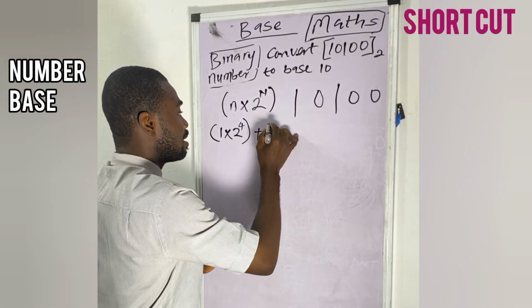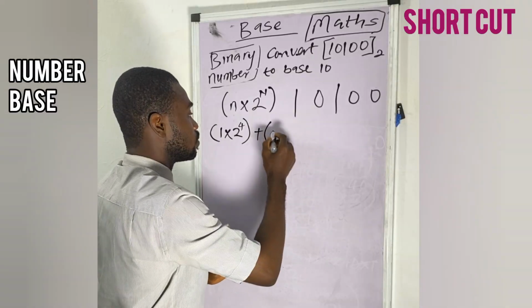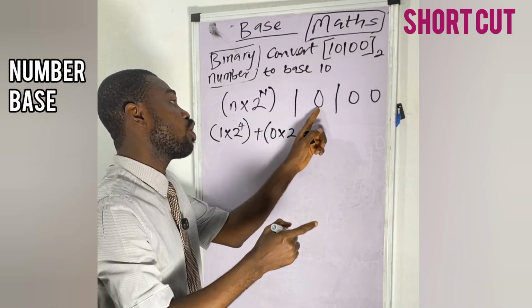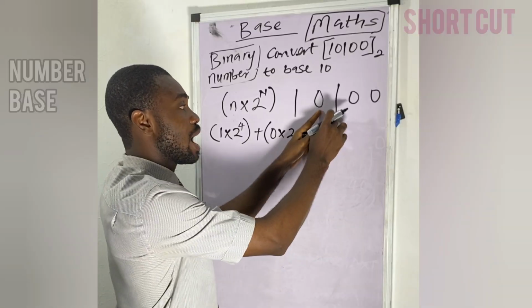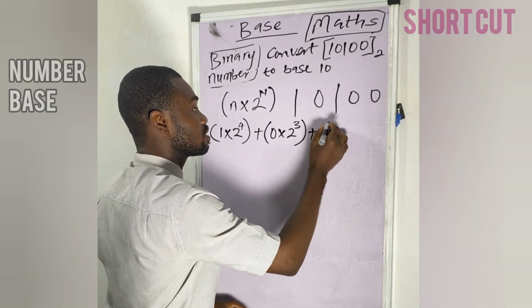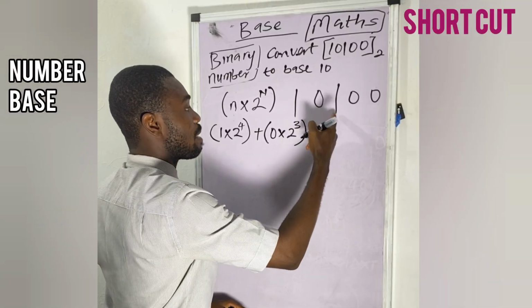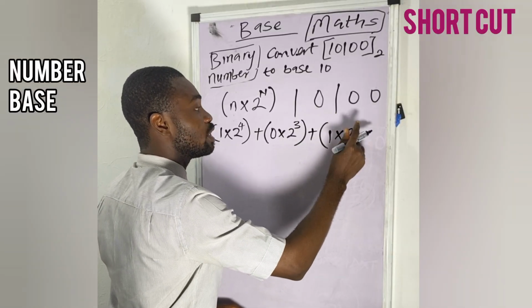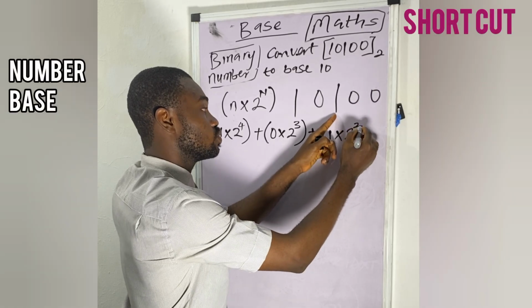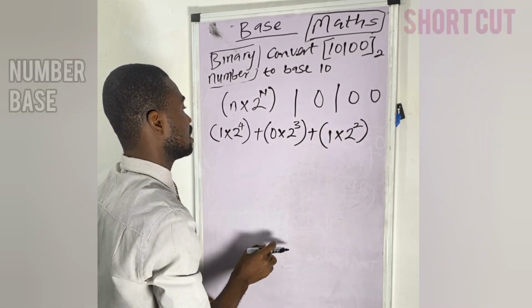the same procedure. Bracket open, n, which is the number 0, 0 times 2 to the power of what? How many numbers do we have after 0? 1, 2, 3. We have 3 numbers after 0. To the power of 3, bracket close, plus, bracket open again. What's the next number? 1. 1 times 2 to the power of what? How many numbers do we have after 1? We have just 2, right? 2, bracket close. Then the next one,